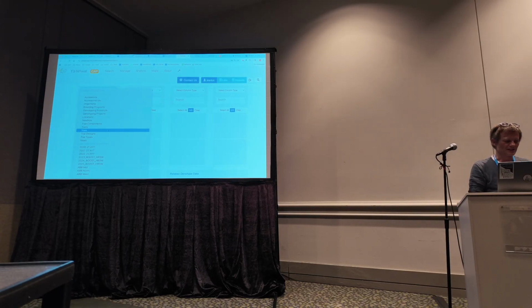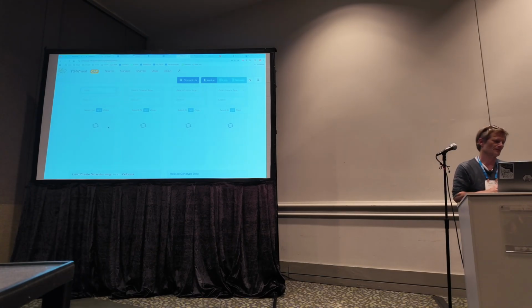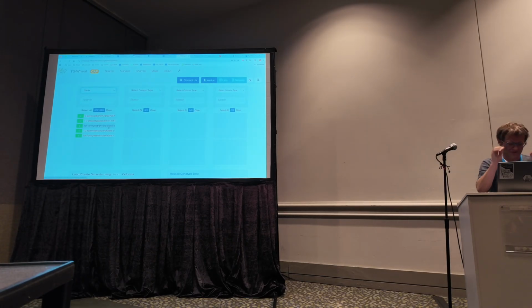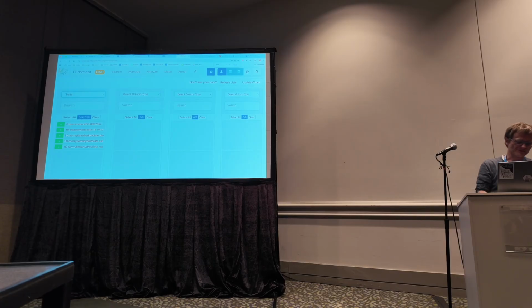So now what I'm going to do is select traits. Hopefully you can see this. There are 51,000 traits on T3. This is a little bit of an exaggeration. It comes from the fact that for all of these drone high throughput phenotyping traits, each trait is possibly measured on any one of 365 different days, and so each trait ends up being multiplied by 365.